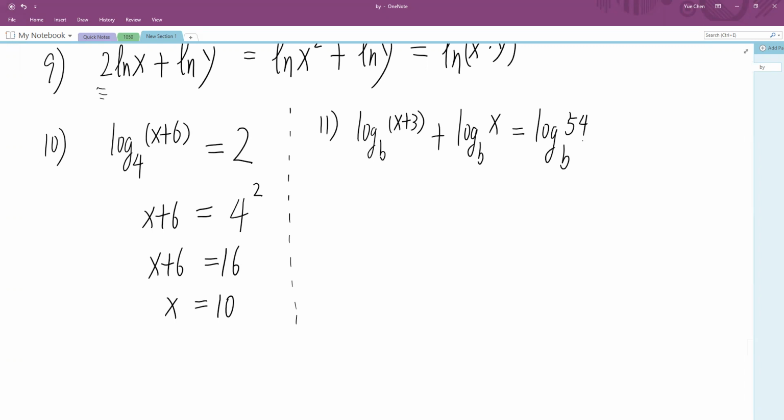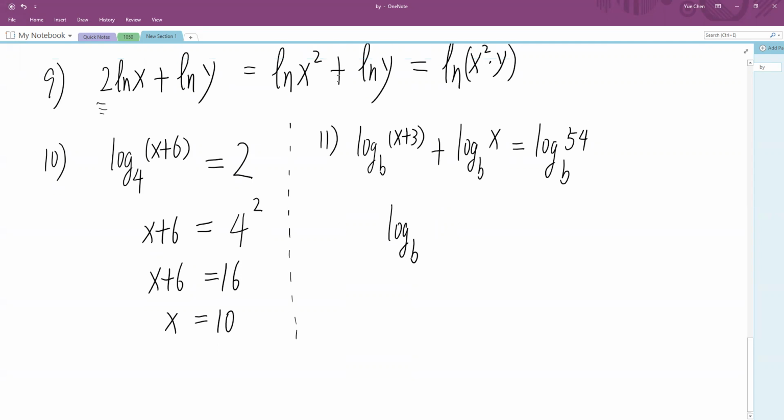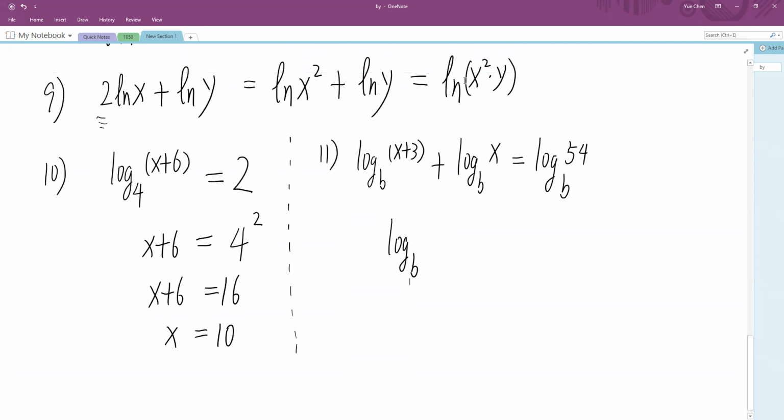So if you combine the left side, it would be log b of what? We just did here, right? If you have the sum, it would be the product. You multiply the inside, right? It becomes x plus 3 times x. This is the inside. It's equal to log b of